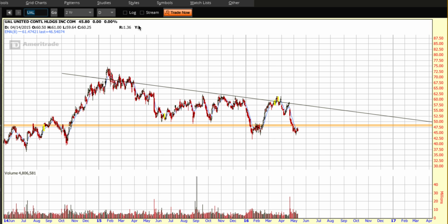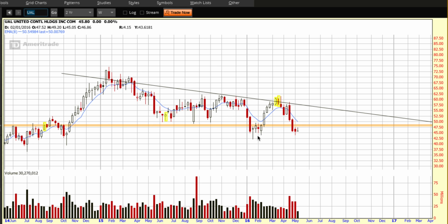The stock, as you can see, let me pull it into a weekly, is sitting at this area. It's a rough area of support. It's been down here before. Looks like it might want to lift here should the market stay strong. So strong industry group. It's got a forecasted earnings growth rate of 22%, a PE of 3.82, and it does not pay a dividend. Normally I like to put dividend payers in front of you, but the reason I chose